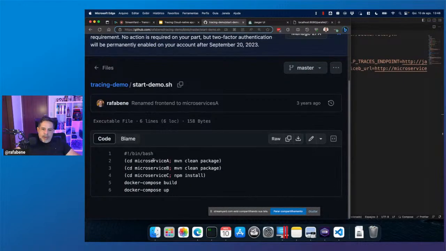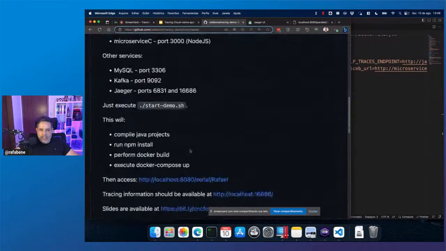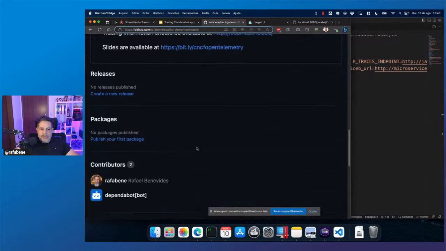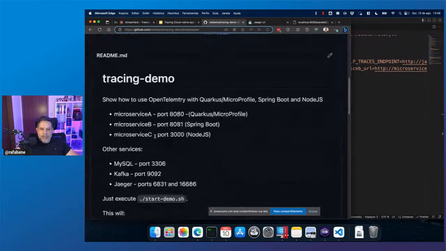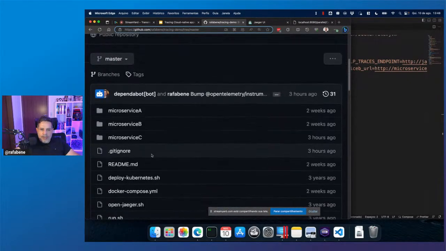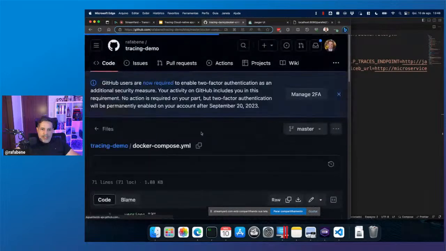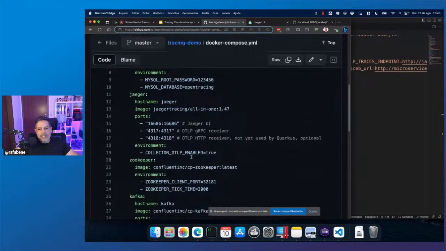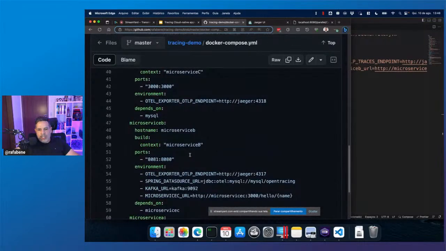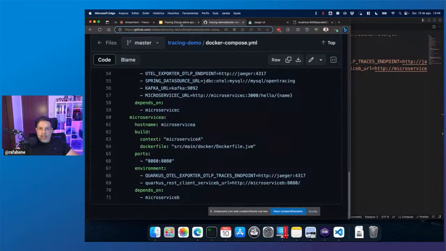Maven clean for microservice A and B, and npm install for microservice C. Then it performs a Docker Compose build to create the images, and Docker Compose up to start the demo, as I did here. It's really, really easy to try this demo. Or you can even take a look at the Docker Compose file here to see the configurations that I used.